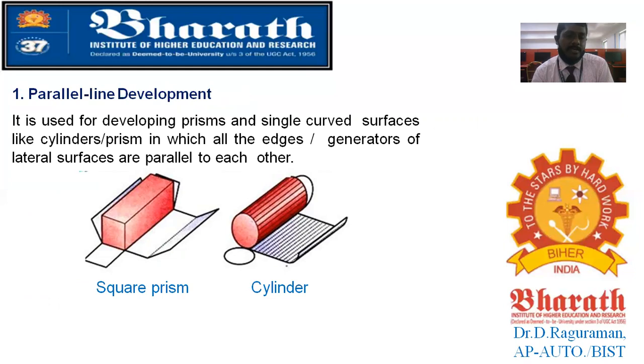Edges we say for the case of a prism, and for the case of a cylinder we say generators, because they are only imaginary lines. You can see lines here, but they are not actual object lines. These are only generators, which you draw thin in your drawing sheet while making a development of surface. It will be thin only, even if it is not drawn. In your final solution it is not required to draw. Only if you have a cut section, at that time you draw it thin. Then you identify the contour portions and mark those as points. At that time drawing the generator is required. This is the parallel line development.